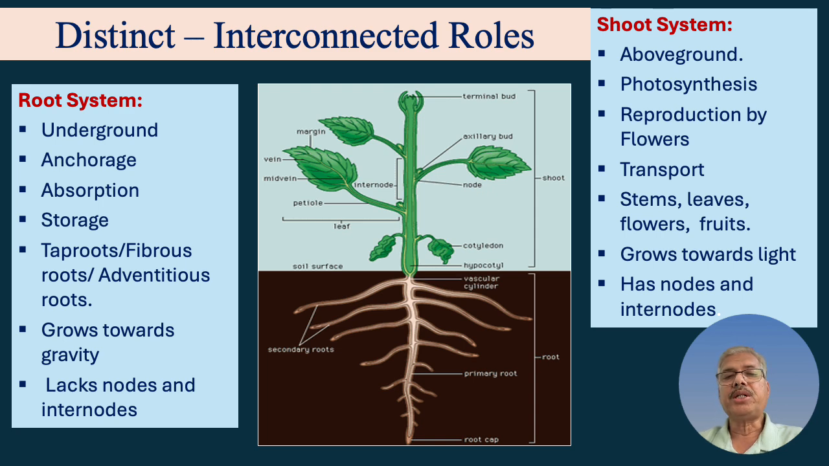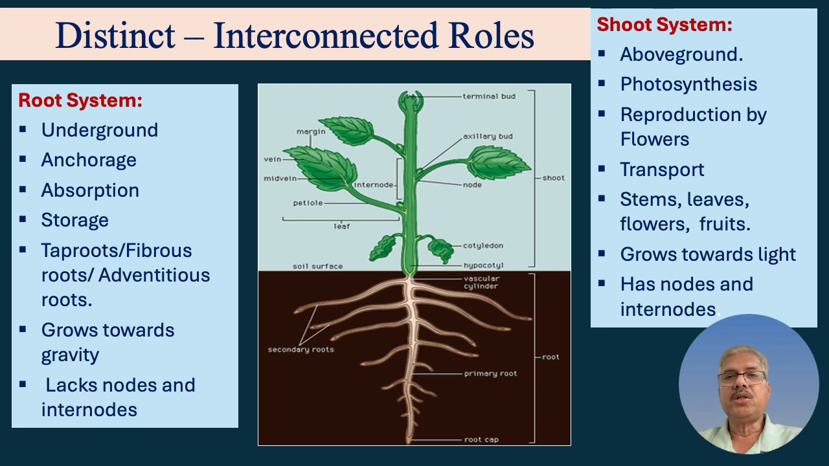Whereas the shoot system is typically above the ground. The primary functions include photosynthesis, reproduction, and transport. The components are the stem, leaves, flowers, and the fruits. It grows upward, generally exhibiting negative geotropism and positive phototropism, often green due to the presence of chlorophyll, and has